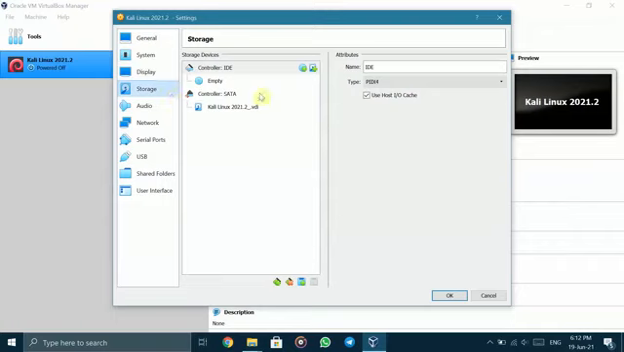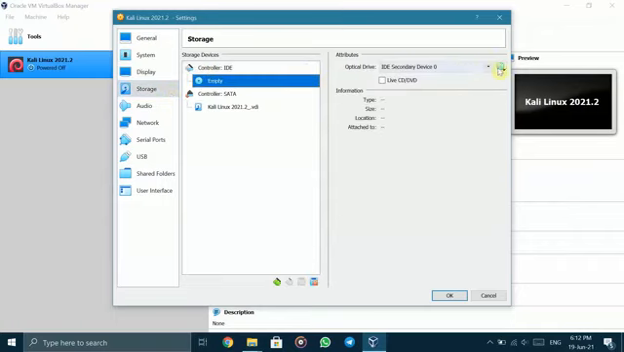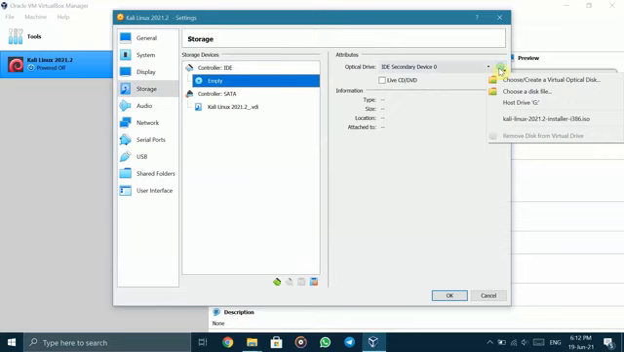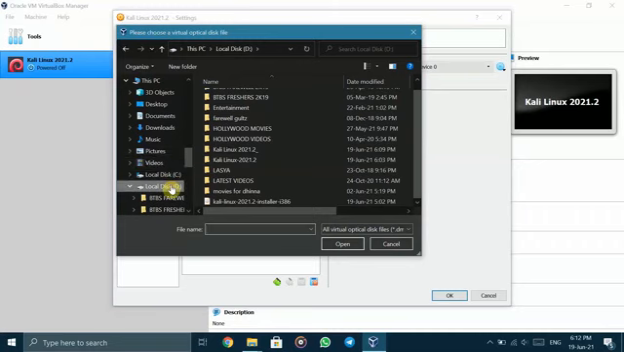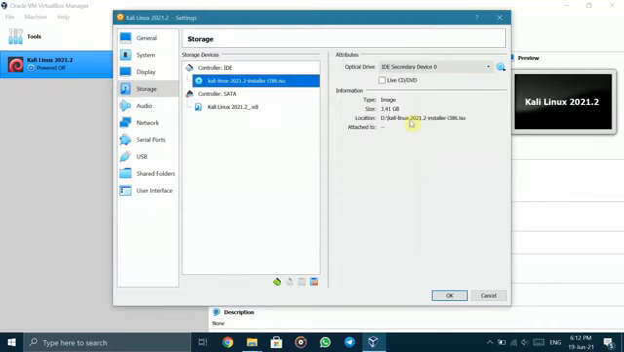storage, click on Empty here, then click on the CD disk icon here, and you need to choose the disk file from here. As I have kept it in the local disk D, I'm selecting the Kali Linux installer file from here, disk image. So attaching it here,